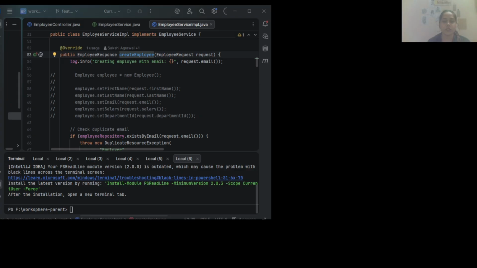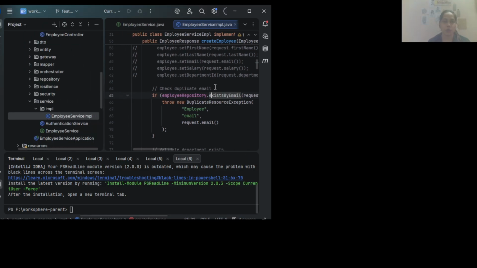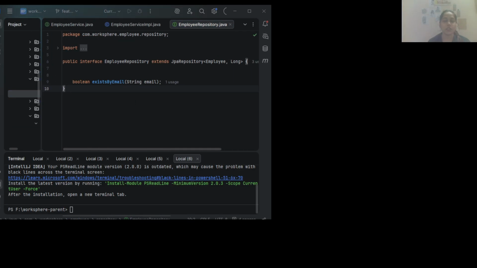After this, we are calling the repository layer. You can see we have an employee repository, and one of its methods is called from the service layer. This is the repository class. The main functionality of the repository class is to communicate with the database, or you can say to pass data from the service layer to the database, and from the database back to the service layer. The repository plays a huge role.